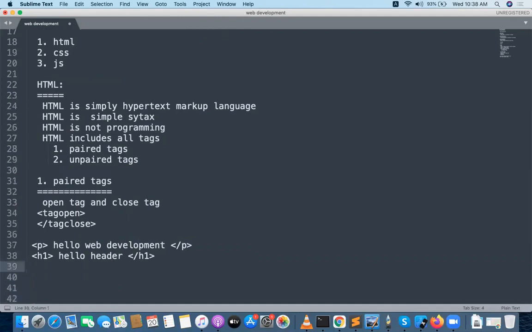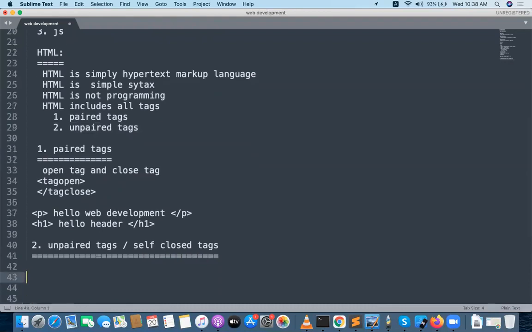Some other tags in HTML are called unpaired tags. Unpaired tags are very important. Unpaired tags are sometimes called self-closed tags. There are a lot of self-closed or unpaired tags, like IMG, the break tag, and the link tag.